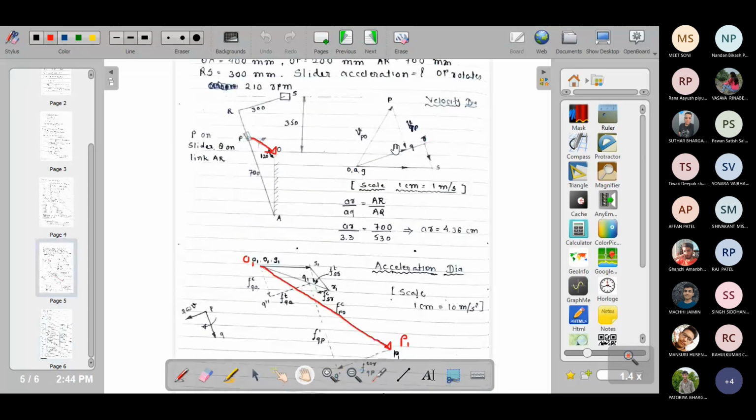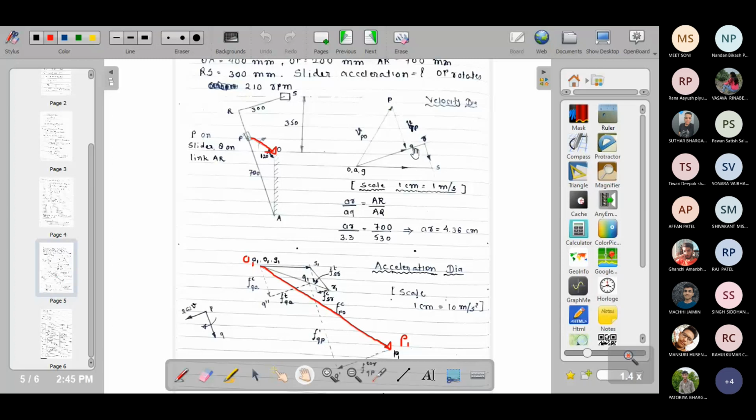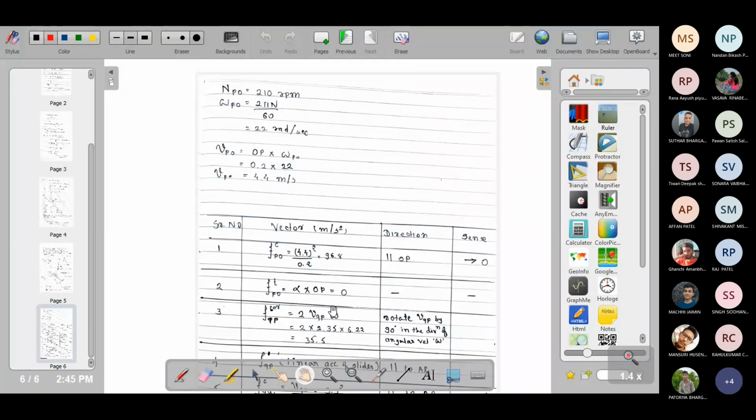We can measure it because PQ is there, so this vector we can measure and convert it into scale. So this value it is 2.35 meter per second. This component it is fine. VQP, velocity of point Q with respect to P. We can measure it and convert it into scale. But here omega